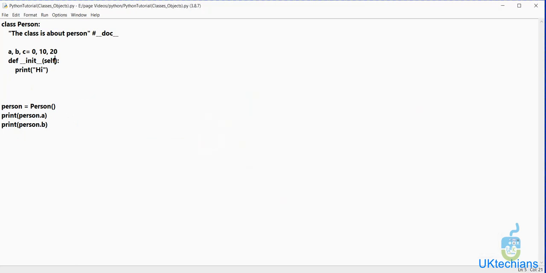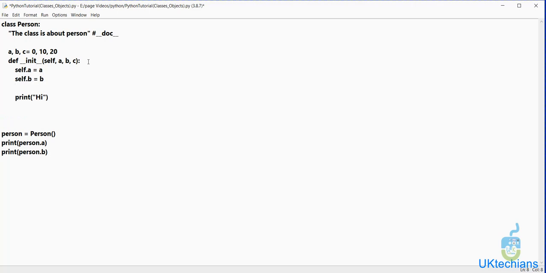If I want to add parameters to this constructor, let's say I'm describing here a, b and c. So we will say this is self and then a, which belongs to the value a here, then self dot b will belong to the value b here, and self dot c equals the value c here.